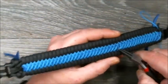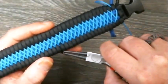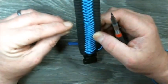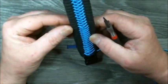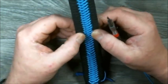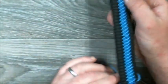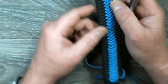But see, as I pull this piece, it tightens this outer piece up. And you can look at it as you do, and you kind of keep it straight. If there's one of them that's sticking out a little bit further than the other, you can pull it, and it'll suck it in just a little bit. You can make some last minute corrections with it. Now, I'll go and tell you, by no means is this thing perfectly straight. It's not like I took a laser down through there. If you look at it, you can see, I can see it. There's a couple of little spots that,